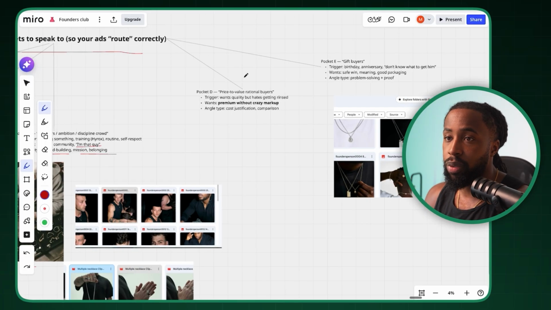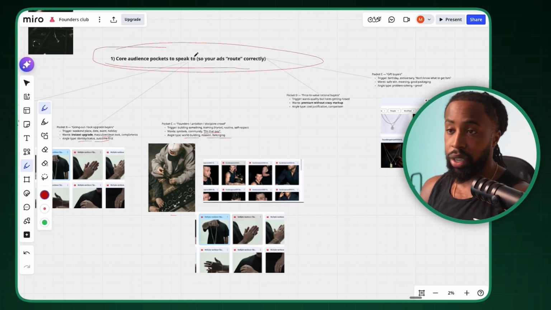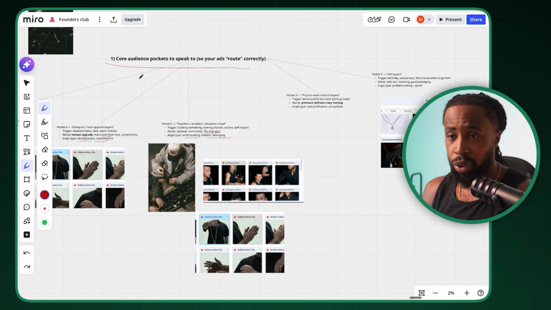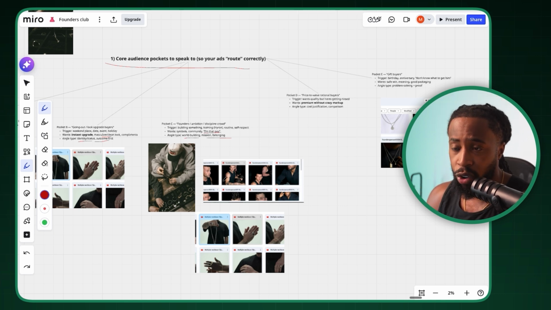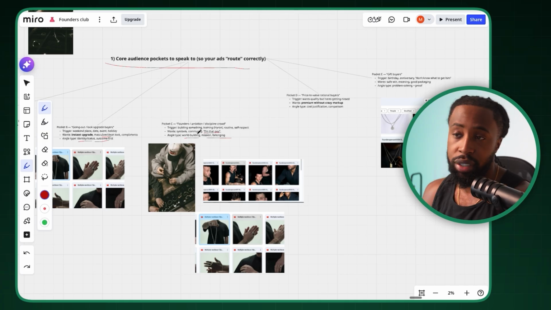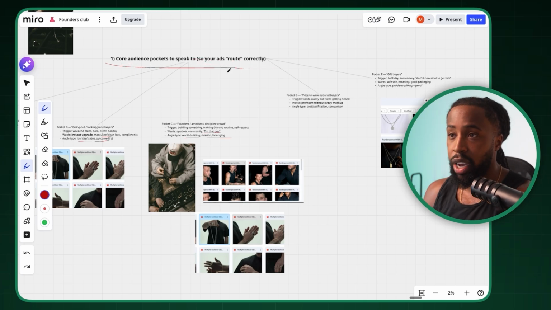So this is just an example of how you can have one product, but you need to be able to speak to 5 different pockets, or multiple different pockets, of people. I always recommend 3 to 5, just start with that, and then you can really get granular within each pocket and find formats that work well within those pockets themselves. So it really does get very deep. So yeah, it's important that you have those pockets in mind when creating ads, because you want to make sure ads are routing correctly. They're not just going to random people. So this is just a really quick overview